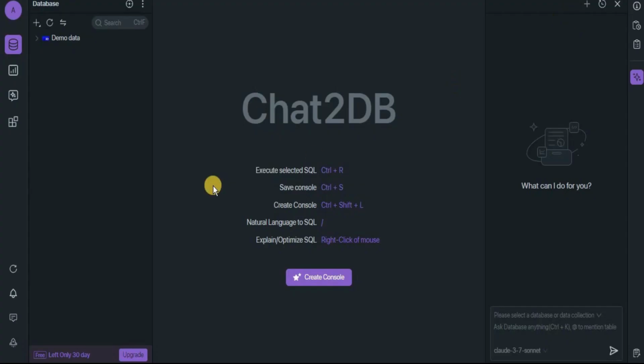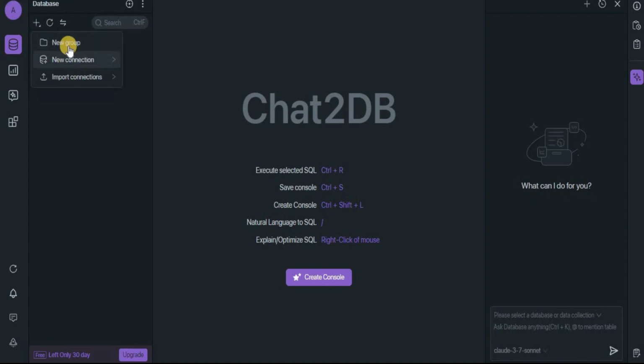After installation, this is how the interface is going to look. You can see that just like VS Code, we have a left navigation menu where we have the options for the workspace, for the dashboard, for the AI chat, and for adding different plugins or extensions. Before moving towards the details of all of these options, firstly you need to create a connection with your database. For that you have to click on this plus button right here that says create database.